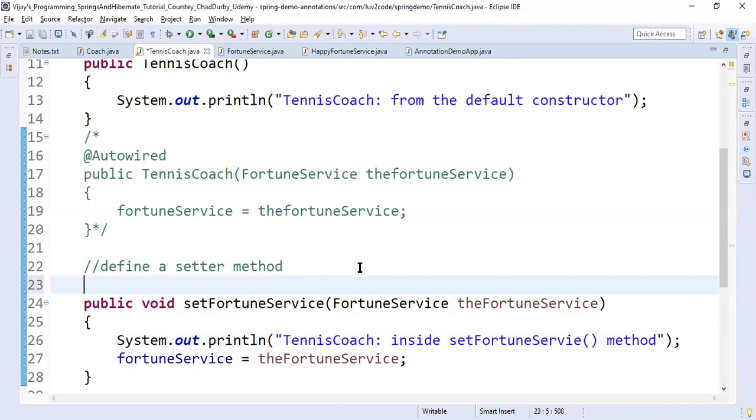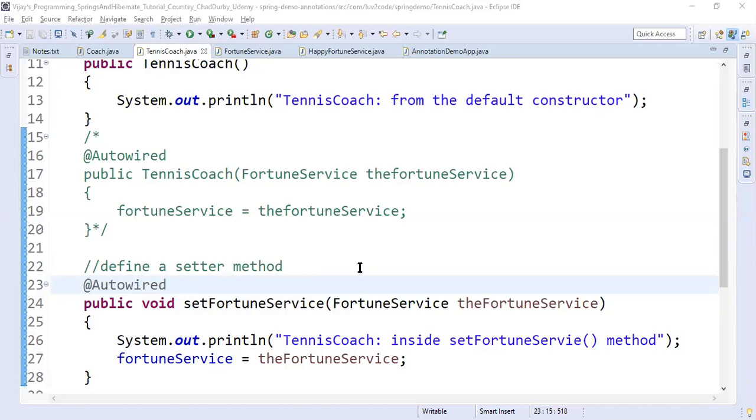And this one we are declaring by using @Autowired. So we are configuring this dependency injection with @Autowired.